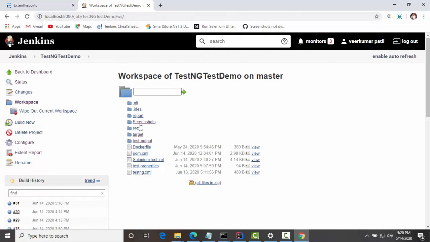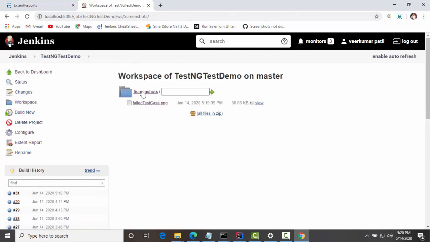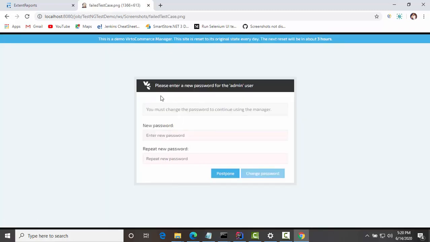You can see this is the folder where the screenshot is present. If you can see the path over here, this is our localhost 8080, job, then the name of the project in Jenkins, this is WS for workspace, and then the screenshot folder, and then you have the image for the screenshot.